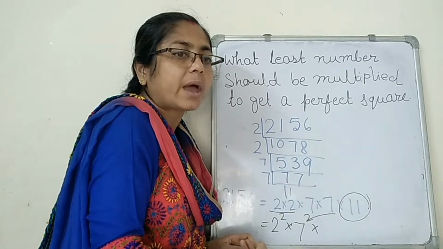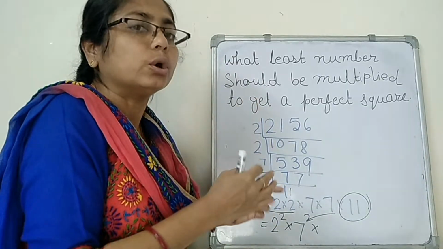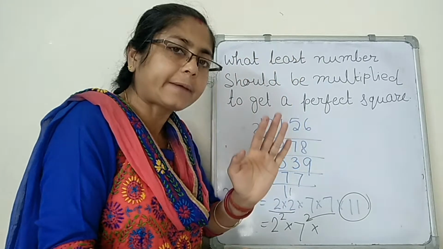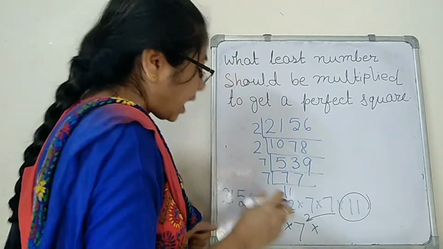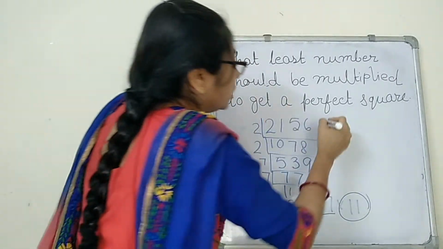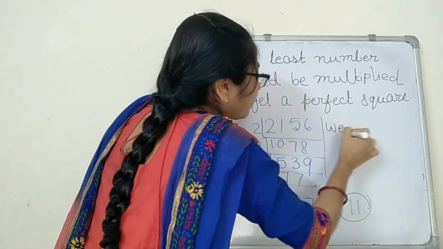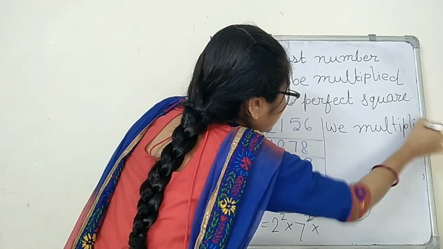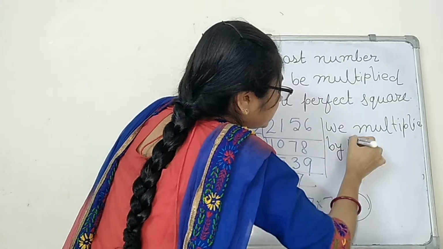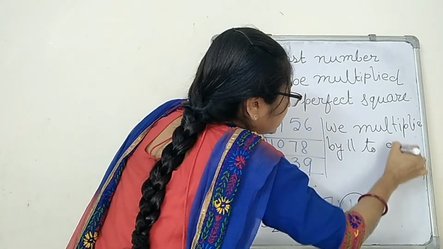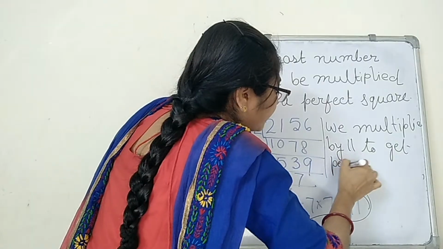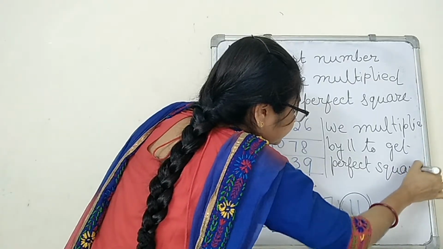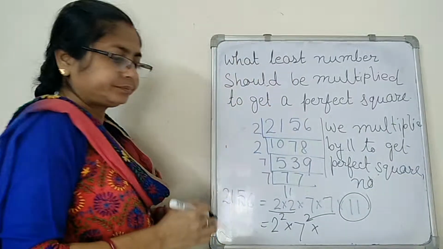Why is it a perfect square number? Because according to the rules, when we calculate the perfect square, terms come in pairs. Okay? Clear? So, how can I write? We multiply by 11 to get a perfect square number. Clear? Now,